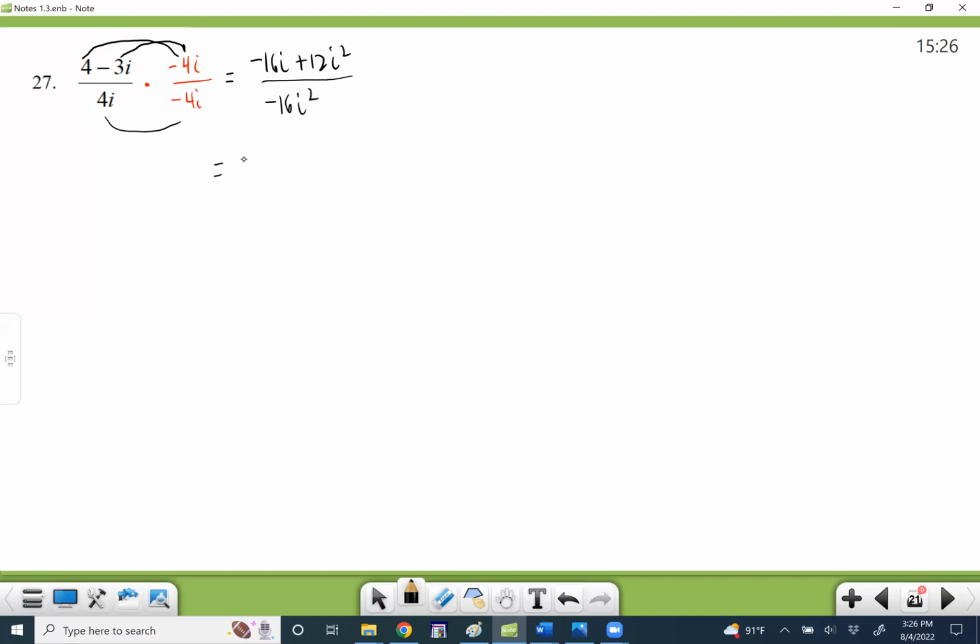So we're going to go in there. All the i squareds, their signs will get changed. So instead of plus 12i squared, minus 12i squared. Instead of minus 16i squared,